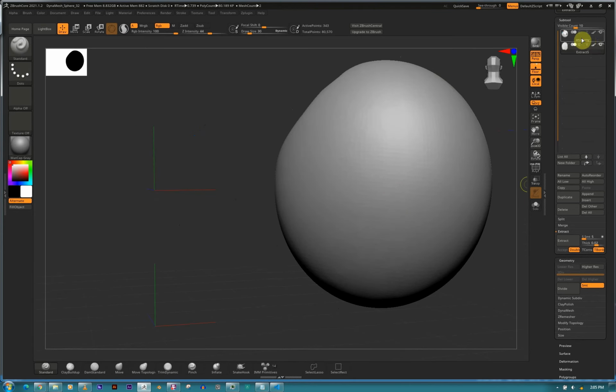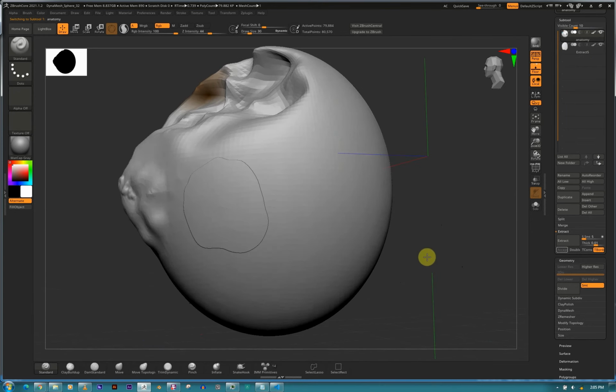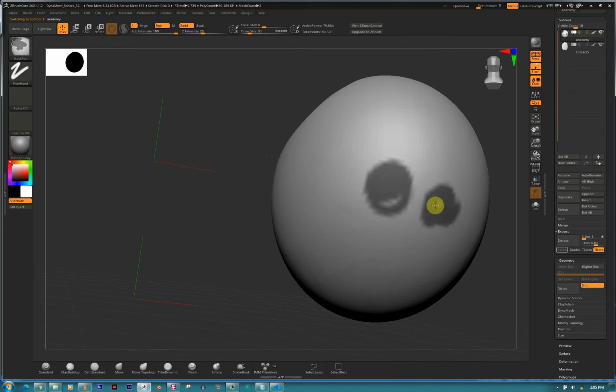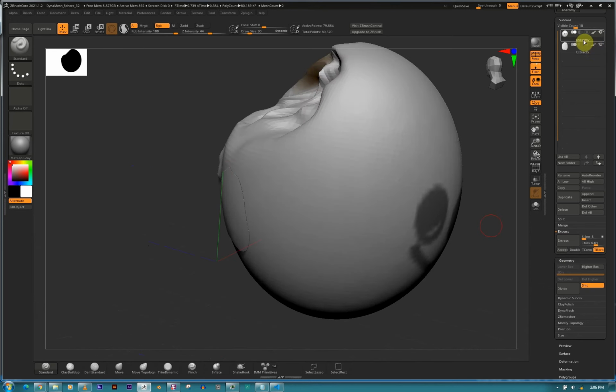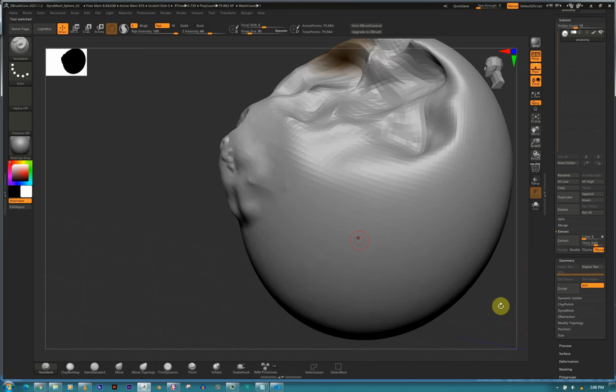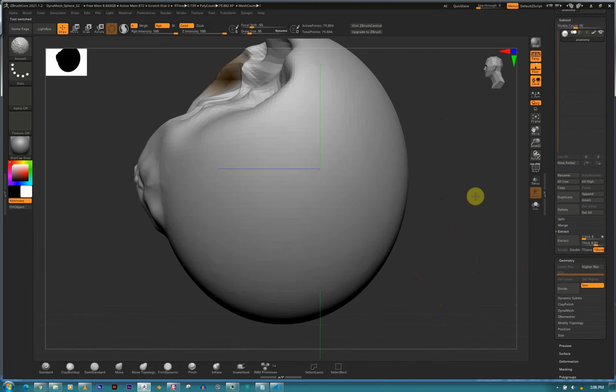Let's see if I can do anything else. You can extract that. Let's say you want to extract these for some reason. You can see it joins that together, and then you can create another subtool. Let's delete that bar and clear your mask. So it must be outside of the mesh, so it mustn't be over here, so you paint it outside, and it clears your mask. And then next